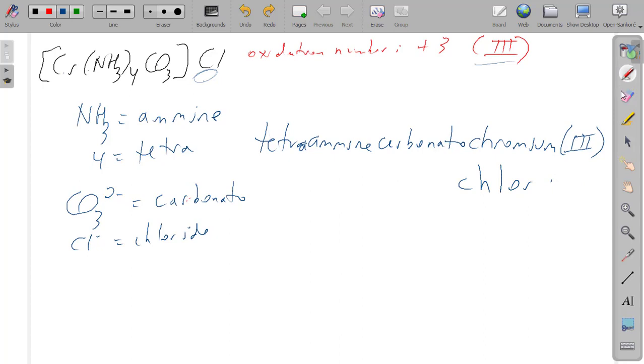Now, as far as this goes, the rules you learned a long time ago about ionic compound nomenclature still apply. If there were 2, 3, 4, or 5, whatever of these chloros out here on the outside, it's still just chloride because it can only go together one way. So you do not put a prefix on those outside of the sphere, regardless of whether it was a cation in front, however many there were, or an anion at the end of the formula. However many there are is irrelevant. You only just use the name of it. Do not put a prefix on there.